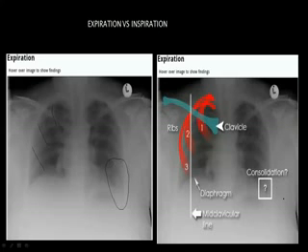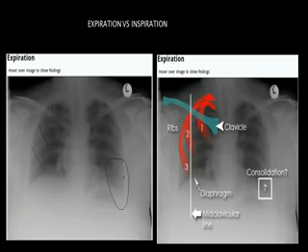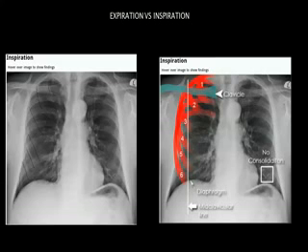So wrongly reporting this as consolidation is not good. We should try to repeat this one. If repetition is not possible, and the patient is still not holding breath, then the only remaining tool is CT chest. But again, CT chest comes with a lot of radiation. Roughly, one CT is like 1000 X-rays, if we compare. So we should try to do it with the X-ray itself. Sometimes the patient may not be able to be mobilized. So we should try to get good inspiration and take the X-ray, or you can tell them to take a good inspiration. So this is the effect of inspiration on the X-ray.